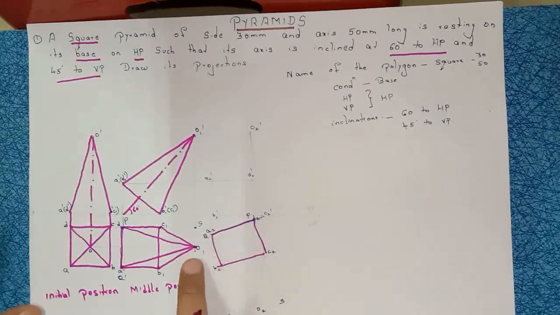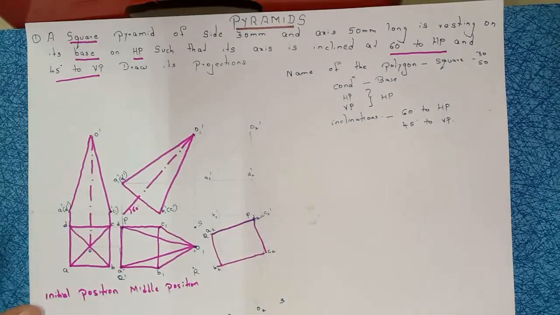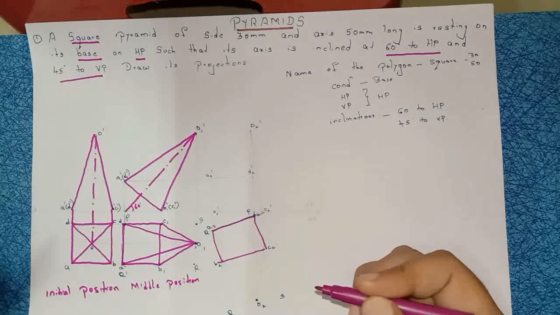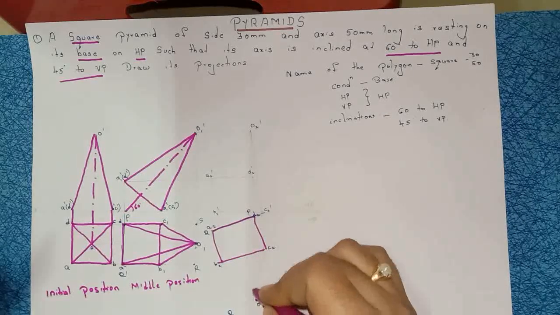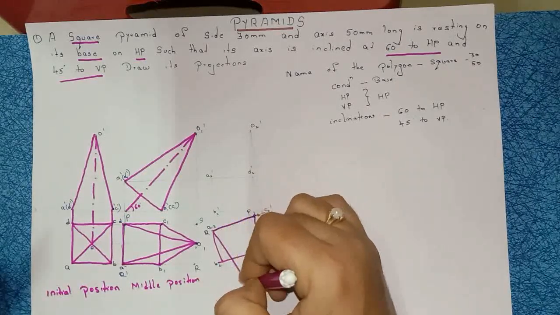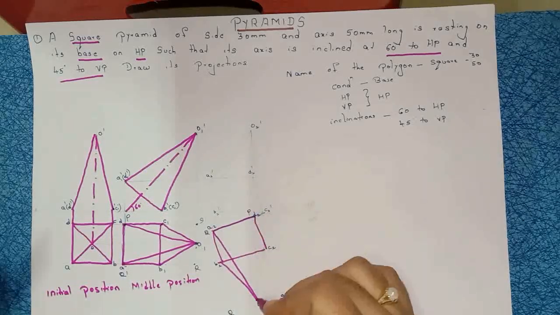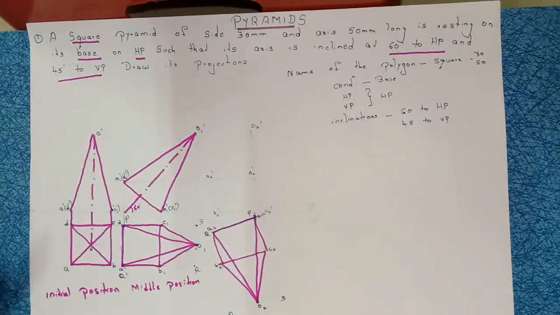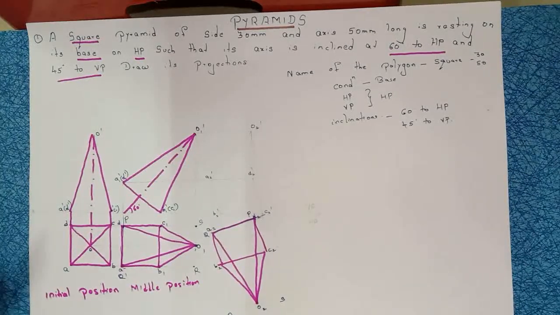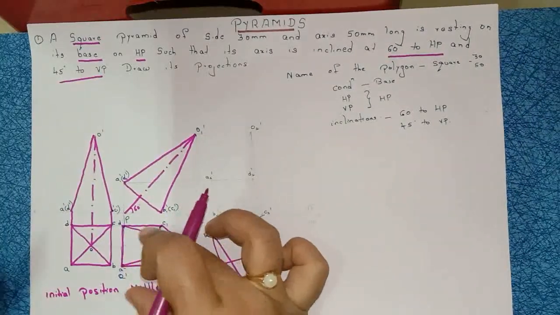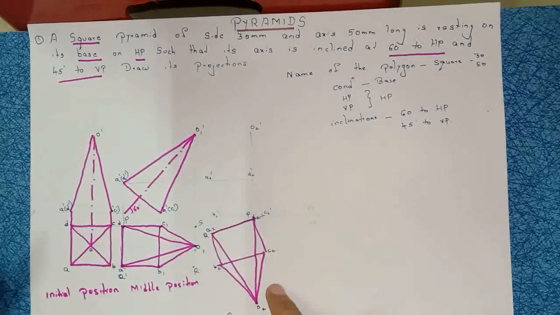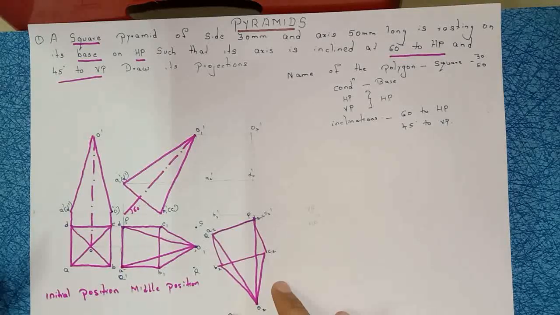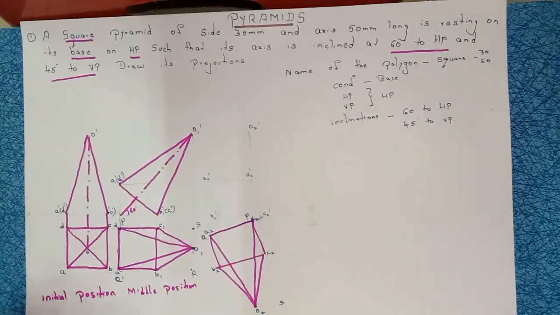Join this A, B, C, D. See, in between R and S, the midpoint is O. In between R and S, mark the midpoint O, and name it as O2. Join this O2 to A, B, C, D. You will get the square pyramid. It is the same square pyramid, and here we are drawing the square pyramid with an angle of 45 degrees. After drawing this, what are we doing?